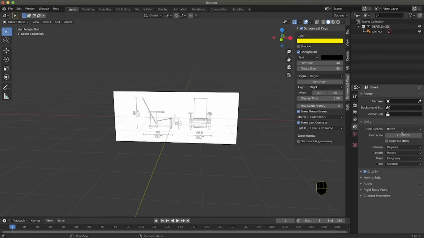You can work in metric or in imperial depending on what you're at ease with. In this case we work with metric, and we work in centimeters, because this is in centimeters. Actually, maybe yeah, 83 centimeters should be fine.